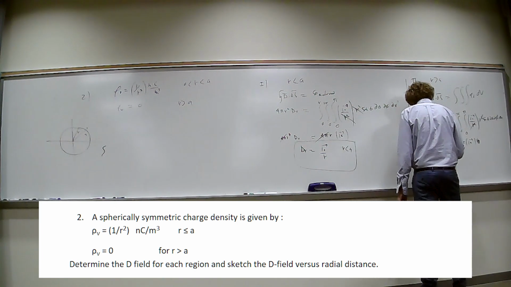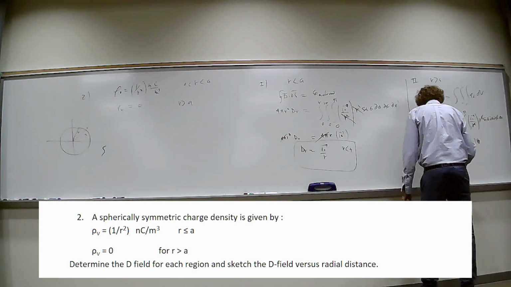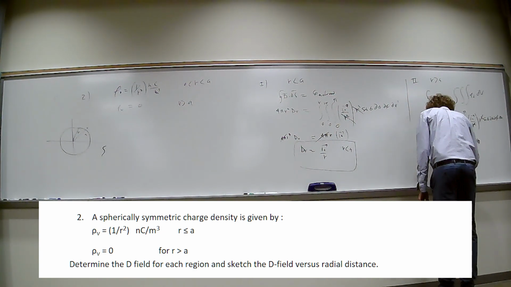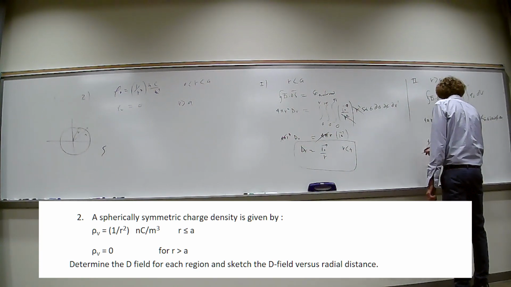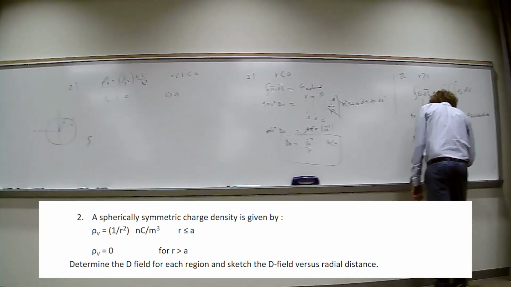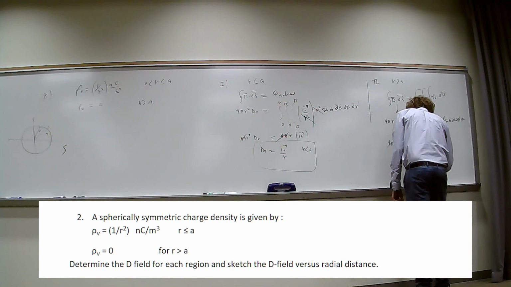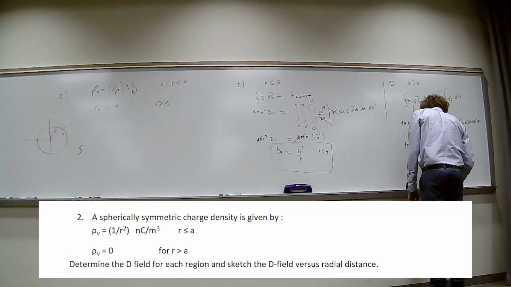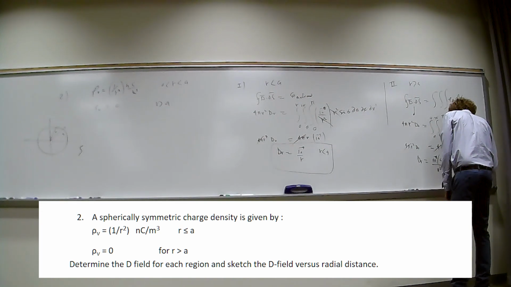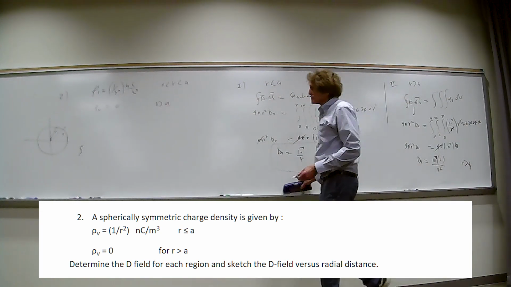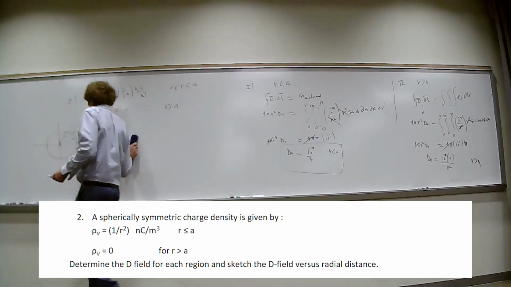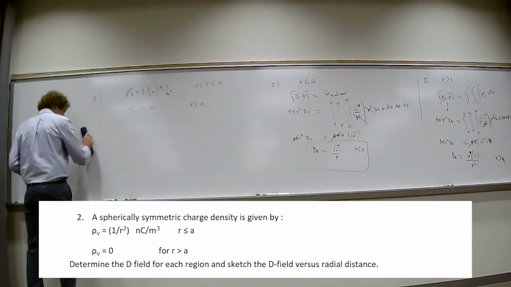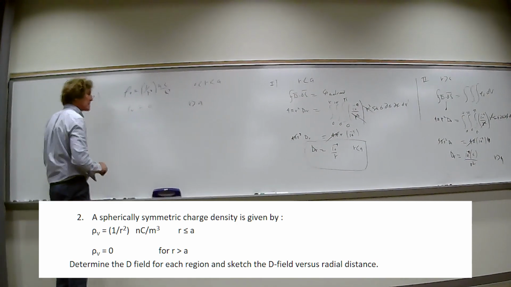And that's equal to 4 pi r squared d of r. And therefore, d of r is equal to, 4 pi's cancel, 10 to the minus 9 a over r squared. And this is true for r greater than or equal to a. And if you graph it, right here,